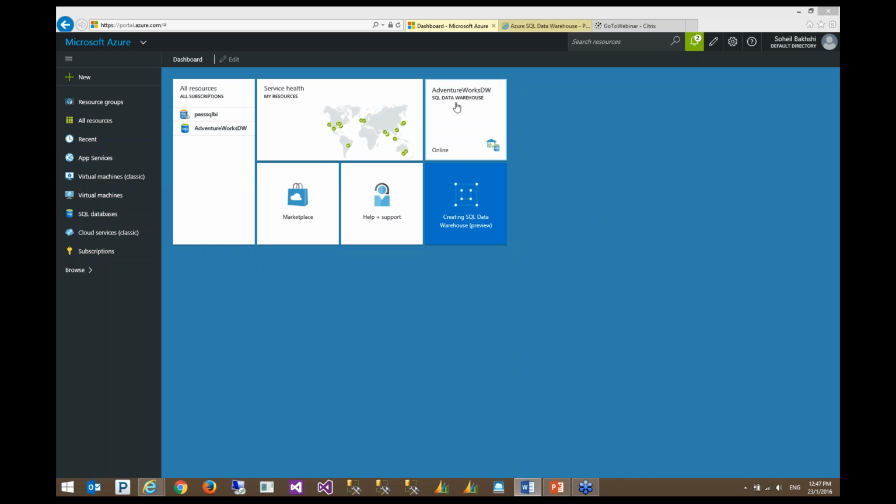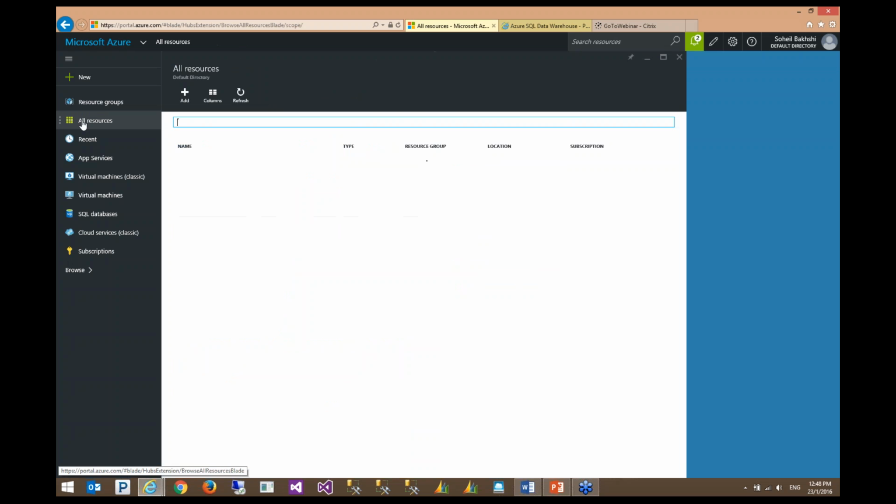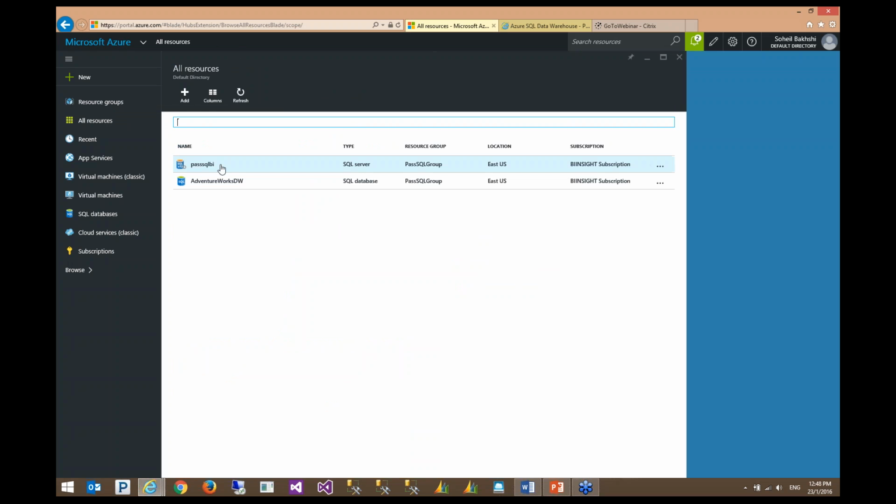So I can click on this widget here, or I can go through and click on All Resources, and then I need to click on my SQL Server instance. And here you go. There is a firewall settings here, and there is another firewall setting here. Those are exactly the same thing.